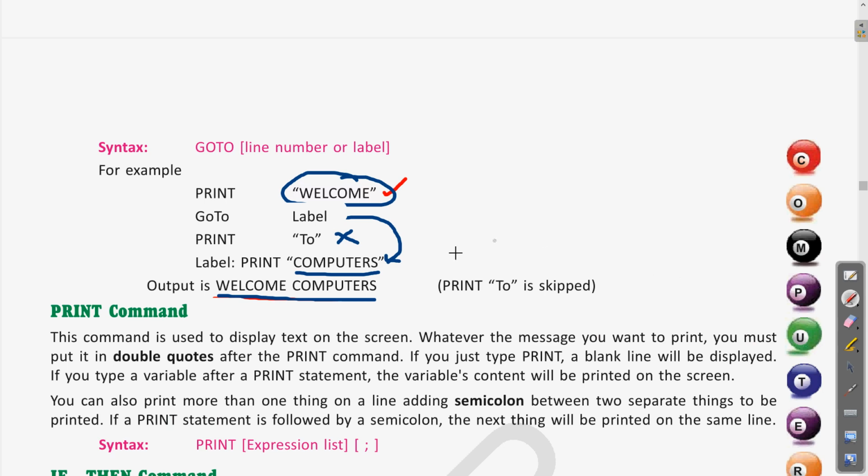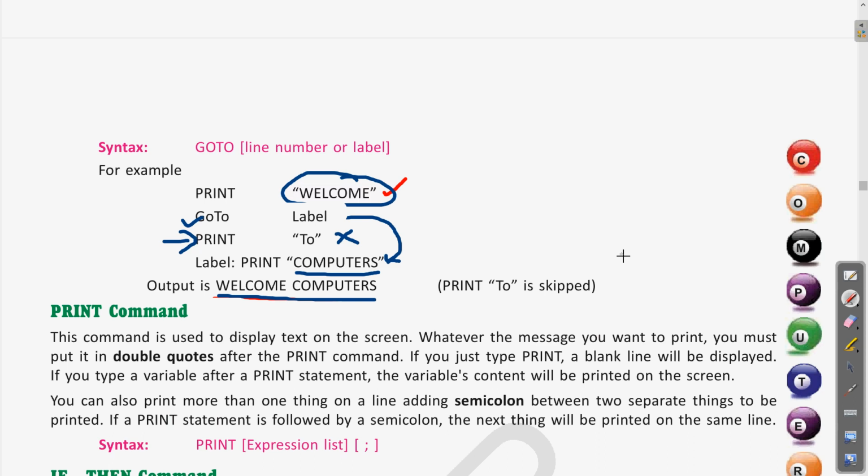It means they will not be executed. Here the print 2 statement is not executed, and the control comes from the first line to the last line because of goto. Clear? So this is the use of the goto command.